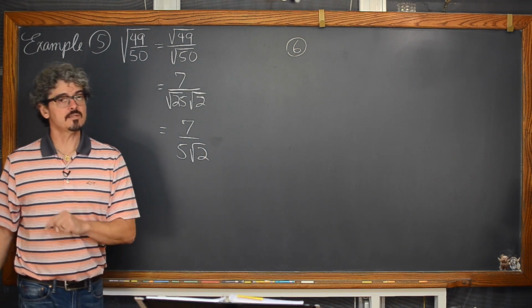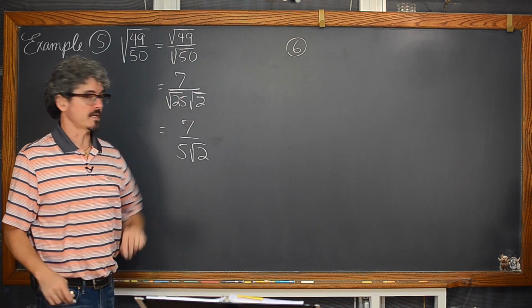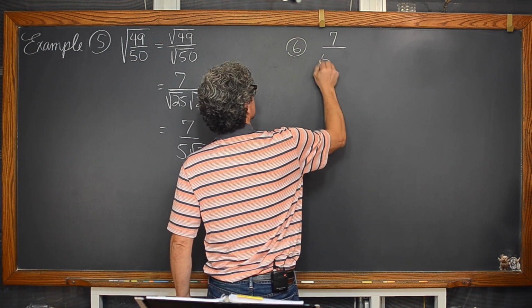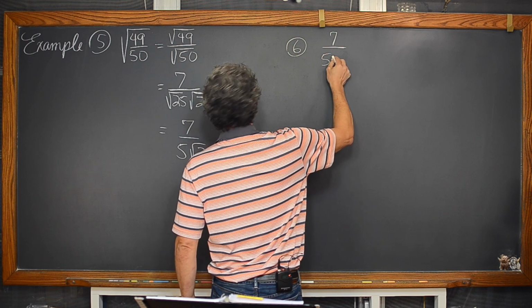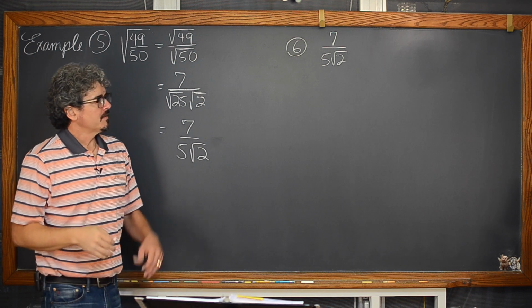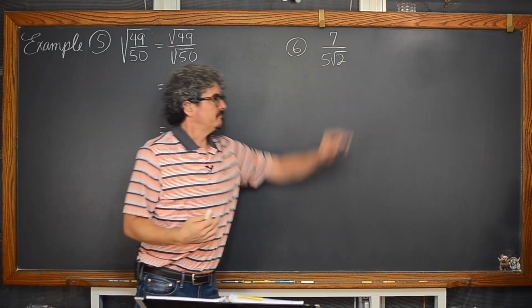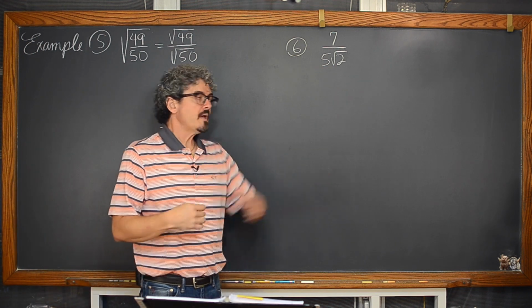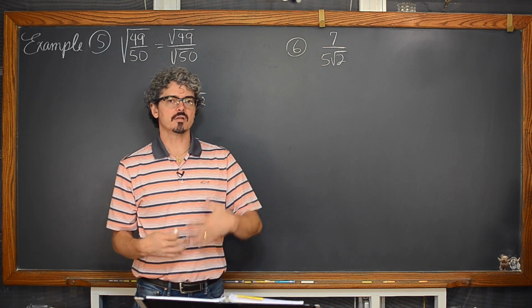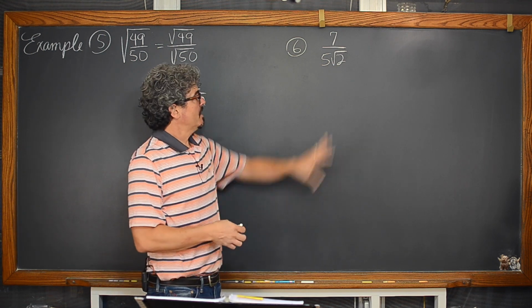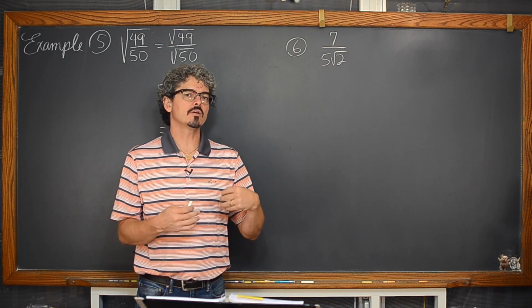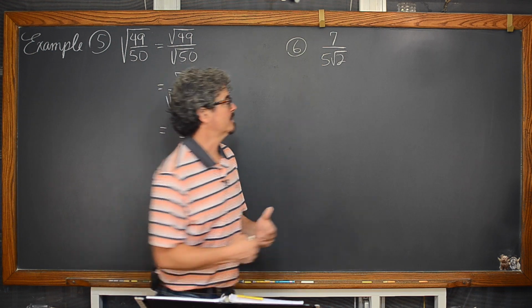And this leads us on to the 6th example. What do we do with answers or rational expressions, aka fractions, that have square roots in the denominator? You may be working with fractions that look like this somewhere along your arithmetic and your further math classes after this, but as a final answer, we generally do not like to leave square roots in the denominator, so we do something called rationalizing the denominator.